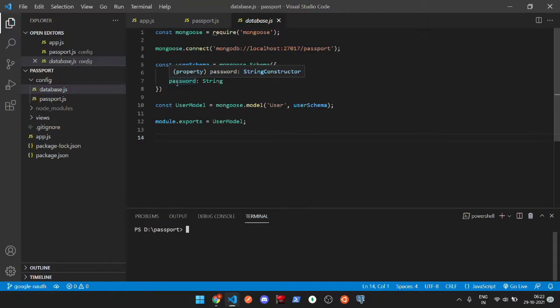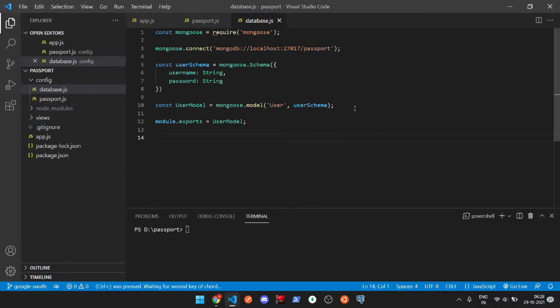In this video, we'll take a look at the Google OAuth implementation of Passport. Since we are still going to be using the session-based strategy in this implementation, we'll keep the database configuration and the session configuration as it is. The only changes that we need to make will be in the Passport config file, because the verify callback will change here, and also in the views section.